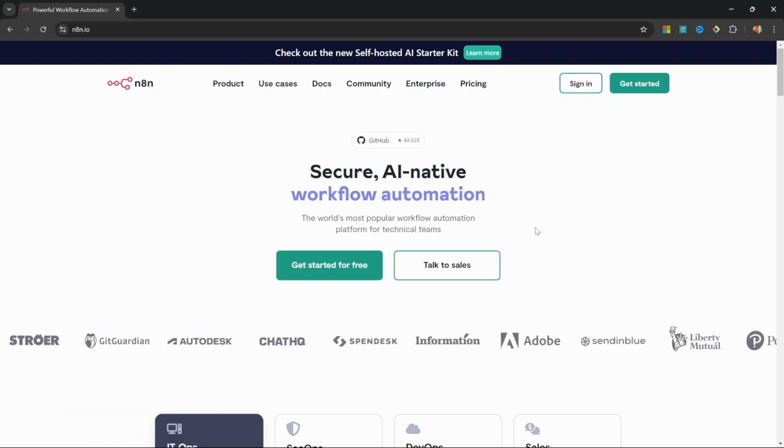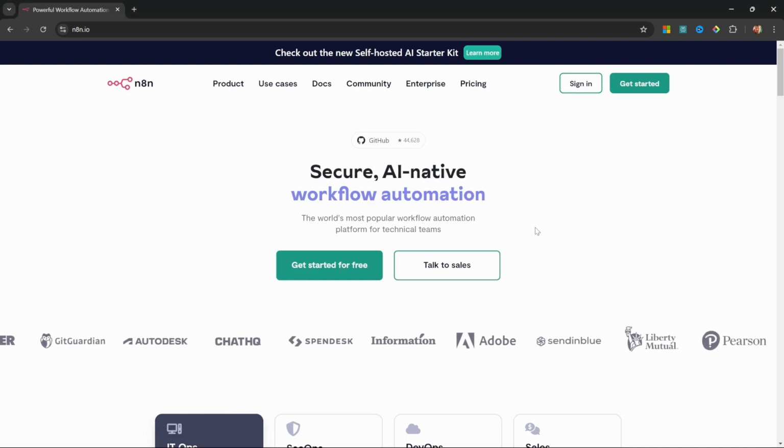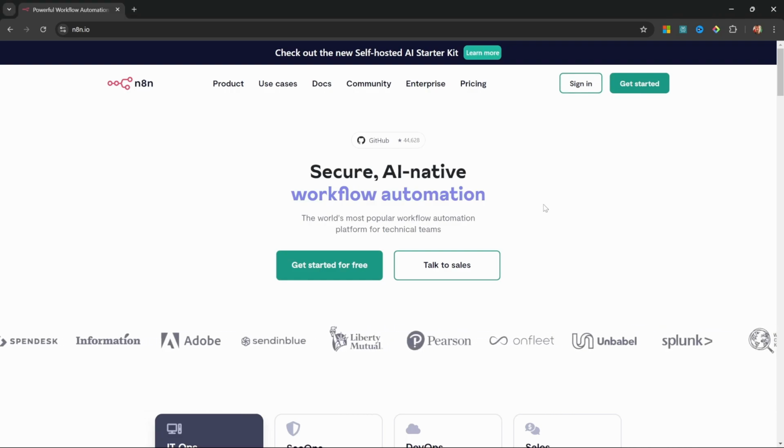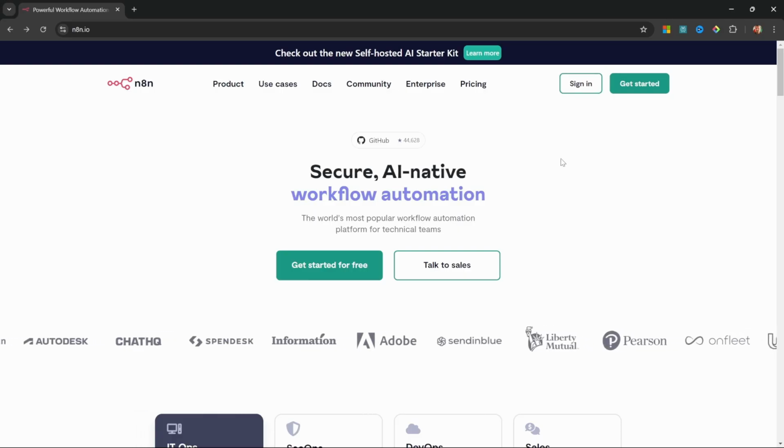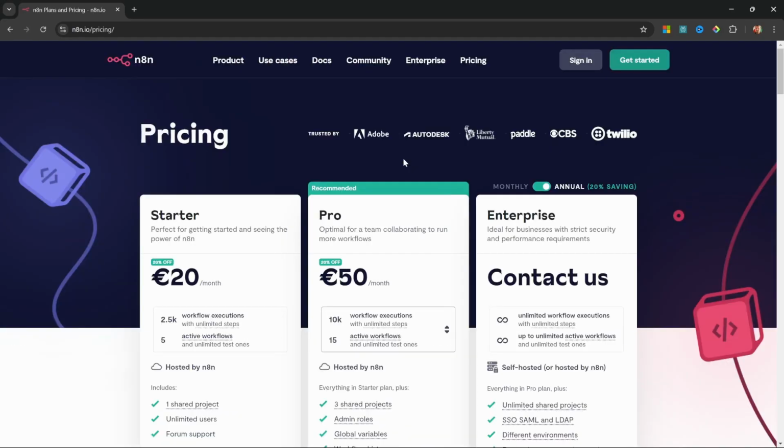So let's begin. As I've mentioned, you can access N8N in a few different ways. First, and probably the easiest, is to sign up for the cloud platform. This is a paid service offered by N8N, and if we look at the pricing, this could easily cost you about €20 per month. Now we will have a look at self-hosting N8N and running N8N locally, which is free, but if you would like to use the cloud service, in this video, I'll show you how to set up N8N on your own machine, so that you can create unlimited workflows for absolutely free. And in the next video, we will have a look at self-hosting N8N.